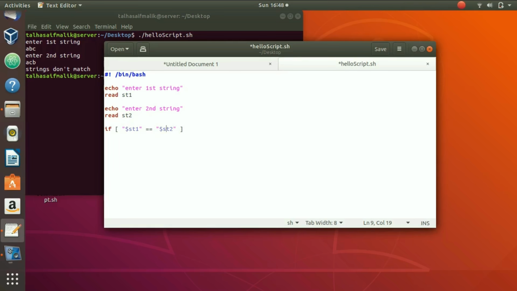So we'd write here something like this, okay, and then we'd write here then, obviously, and then we'd write here echo, and obviously you can see here the sign shows that the A string is smaller, right? That condition is going to be true when the string 1, the first string, is going to be smaller than the string 2. So we'd write here that $st1 is smaller than